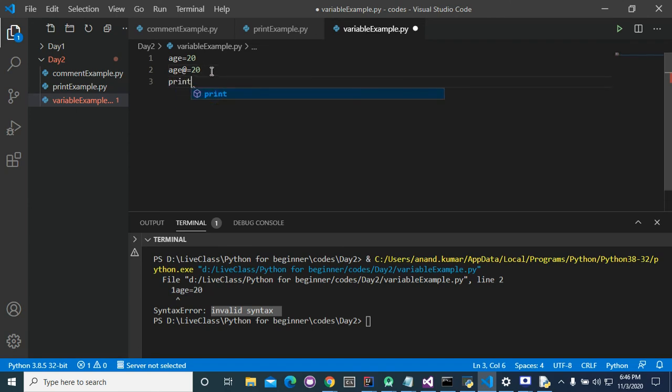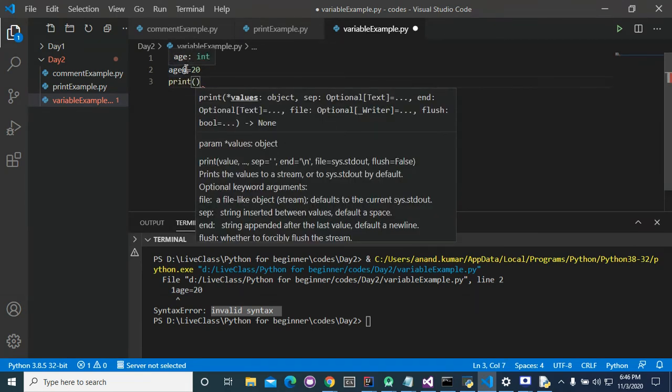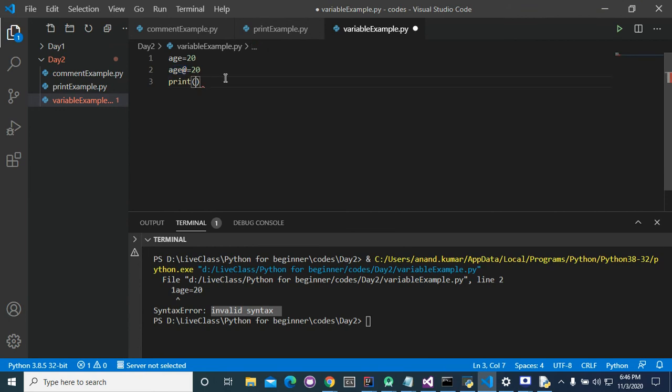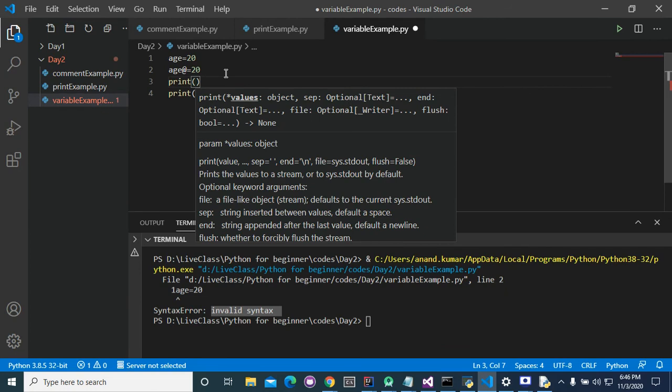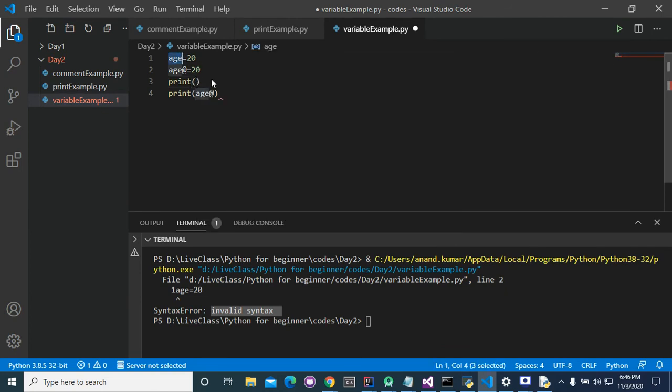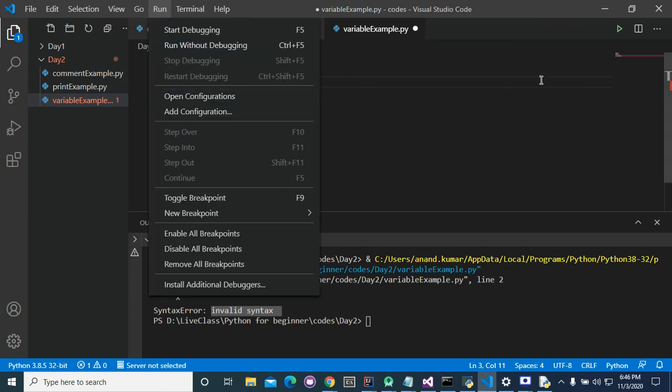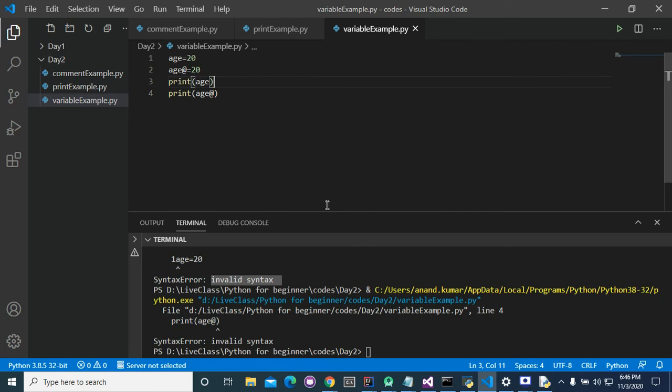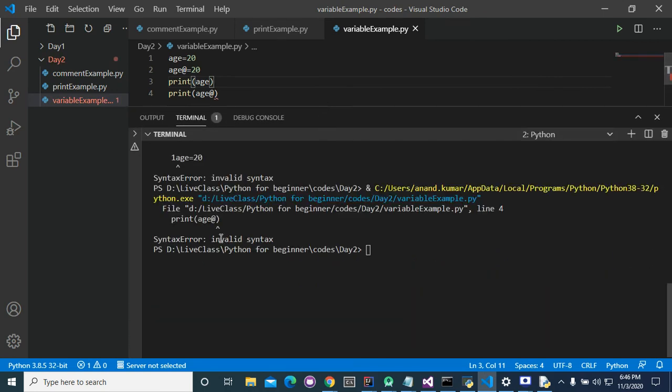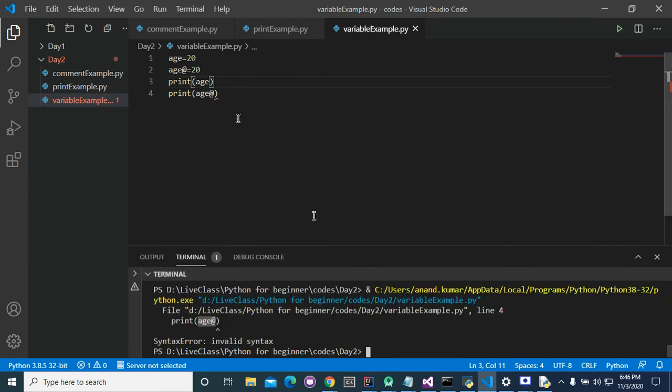When you print this, it will give you an error. It is telling you invalid syntax. We cannot use dollar or any special character in the variable declaration.